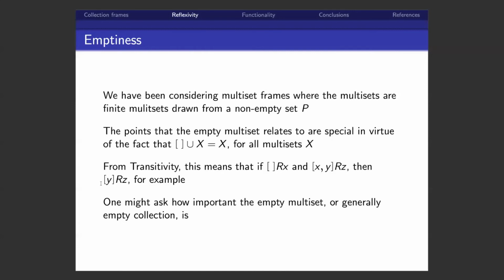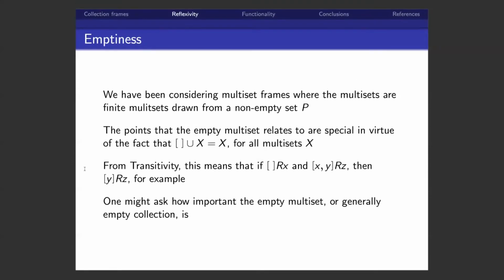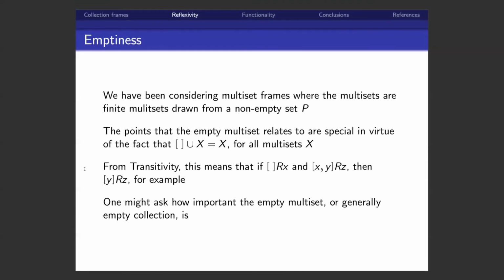collections, which is fine. It can cause some problems for finding frames. There are some relations that are very tempting but don't work out because if you're considering the empty multiset, one of transitivity or evaluation gets broken because you can't find suitable points to be related to by the